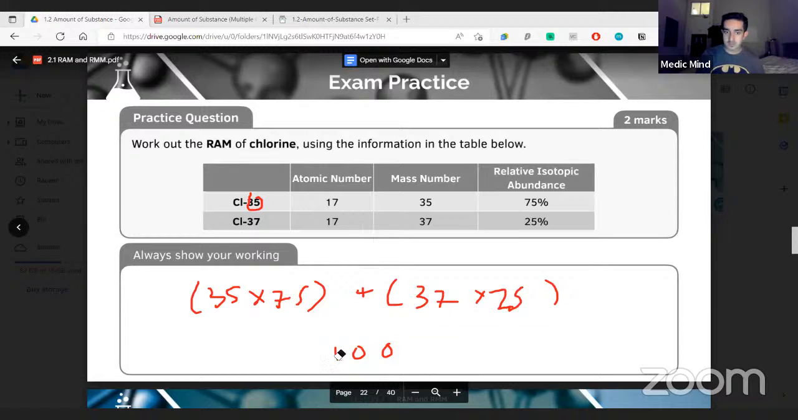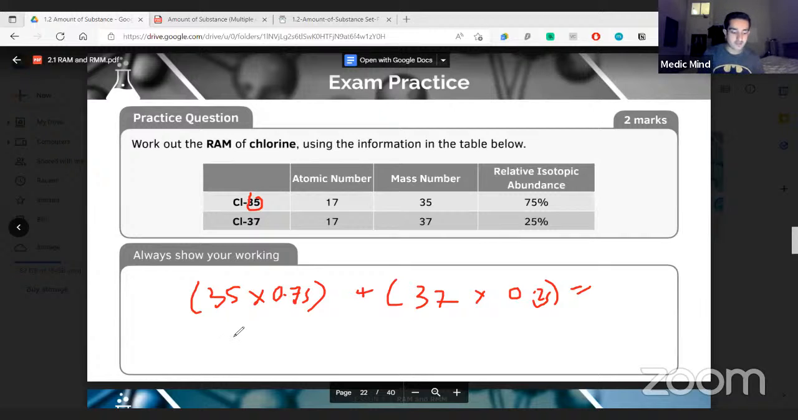Another way you could do this, and probably a quicker way, is rather than doing the abundance as a percentage, do it as a decimal. If you do this as a decimal with it already divided by 100, this then becomes easier. You don't have to do it as a 3-step process. 35 times 0.75 is,